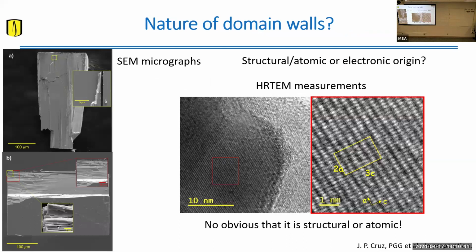So we did high resolution transmission electron microscopy measurements, and these changes of colors are due to different contrast or different thickness in your sample, but all across you can see lines of atoms. It's not that you see a line with voids all across your system that could explain these defects or these domain walls. So we don't think these domain walls are physical voids. These defects have electronic origin. These are jumps in the charge density wave that for some reason happen in that system.